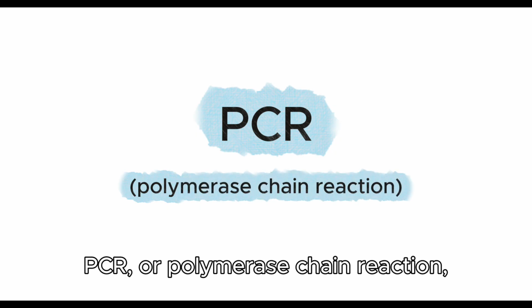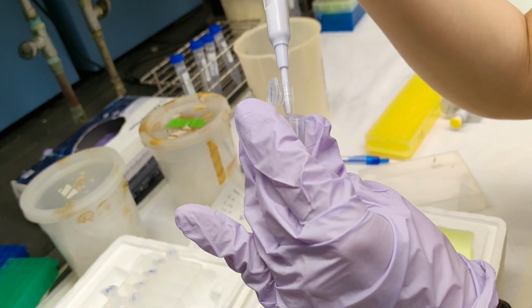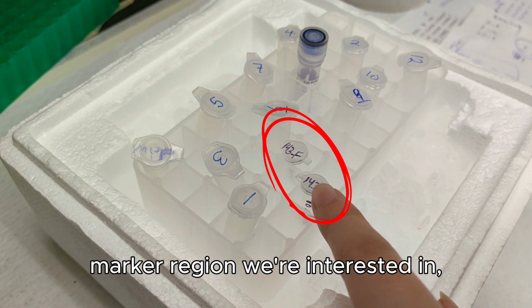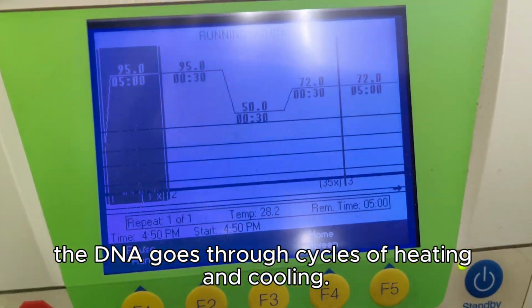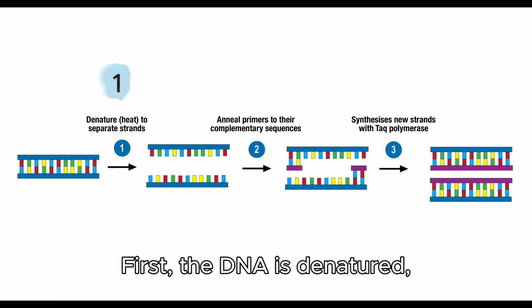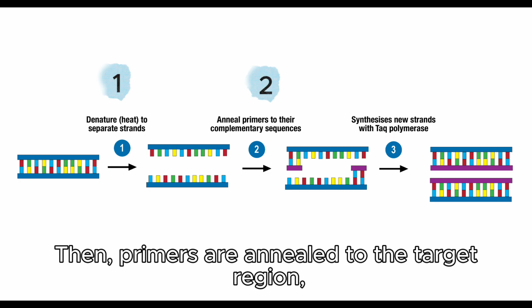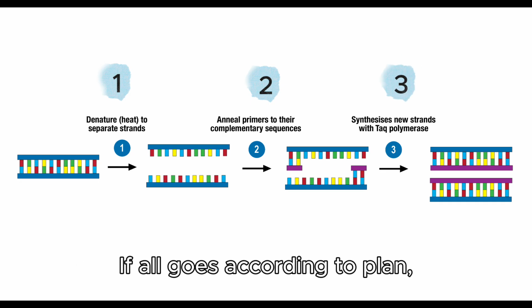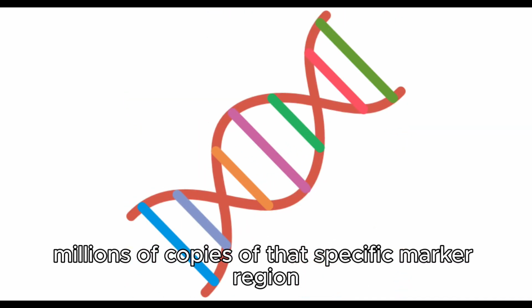PCR, or polymerase chain reaction, is a technique used to amplify a specific DNA region. We first design primers that target the candidate marker region we're interested in, and then, during PCR, the DNA goes through cycles of heating and cooling. First, the DNA is denatured, which means the two strands are separated. Then, primers are annealed to the target region, and a DNA polymerase copies the region. If all goes according to plan, after 30 to 35 cycles, millions of copies of that specific marker region are